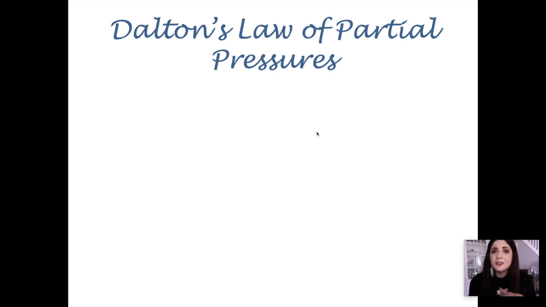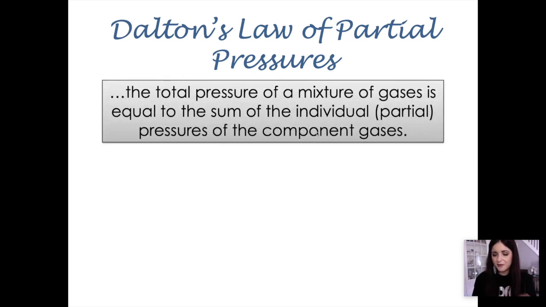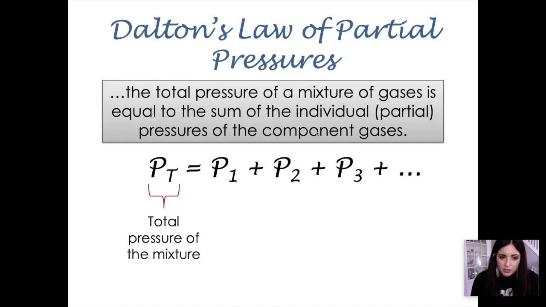Another gas law is Dalton's law of partial pressures, which is always everybody's favorite. Dalton's law of partial pressures says the total pressure of a mixture of gases is equal to the sum of the individual pressures of all the component gases. For example, there's your equation. Oh, I thought there was going to be a picture here. So the total pressure of the mixture of gases, so atmospheric pressure, let's say the pressure right now that is surrounding me, and if you look on your phone, actually, you can look up